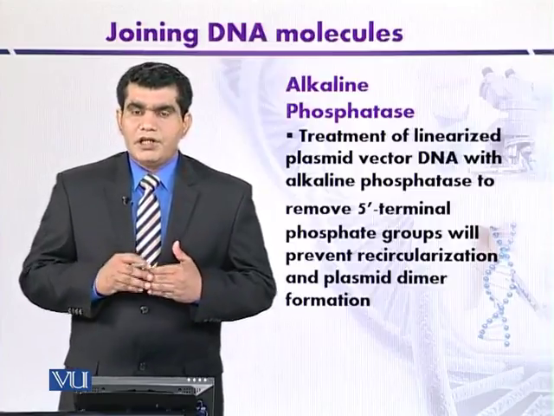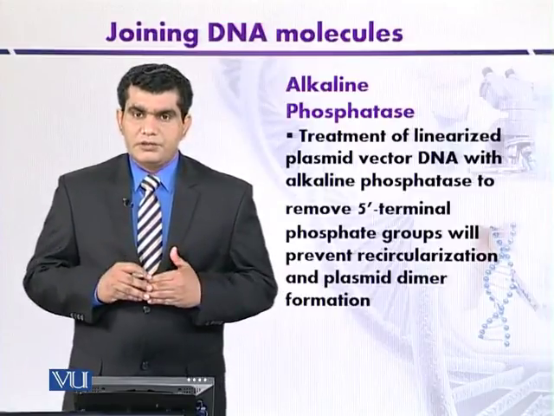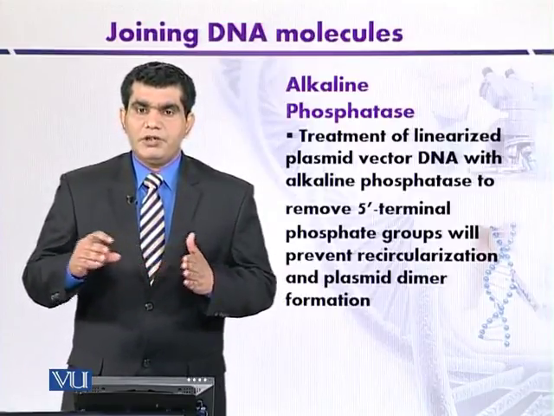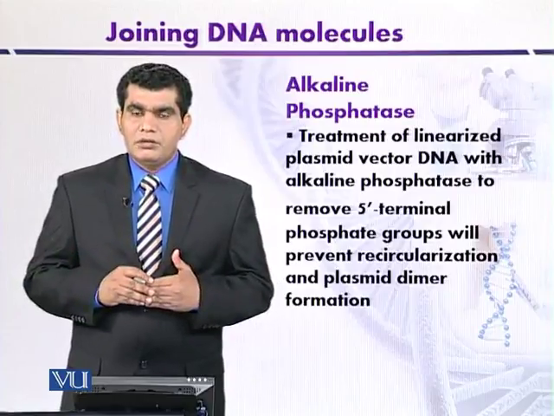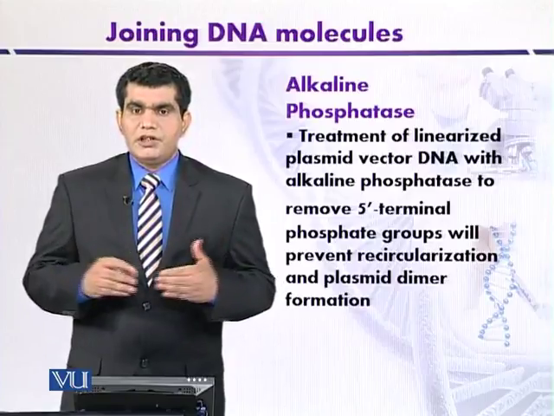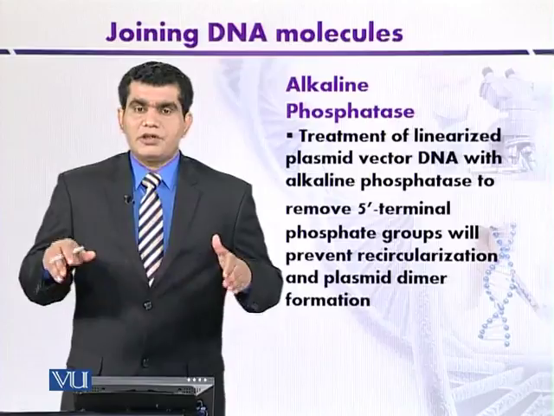When vector DNA is incubated with alkaline phosphatase, its 5' end will be removed. If 5' end is not available, even if the sticky ends are there, the vector DNA will not recircularize